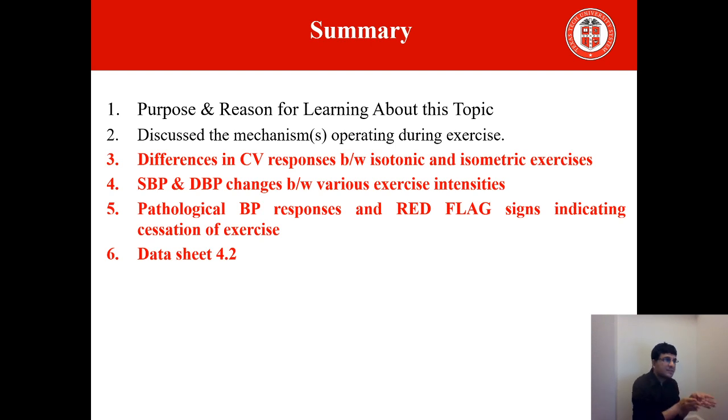Then we discussed the differences in the cardiovascular responses to isotonic and isometric exercises, and discussed in detail how systolic and diastolic blood pressure change during exercise. We have talked about some of the abnormal blood pressure responses during exercise and discussed some of the cautions and red flag signs while exercising, which hint you to stop the exercise as soon as possible. And in the last 1 or 2 minutes, I've talked about the data sheet which you need to fill in